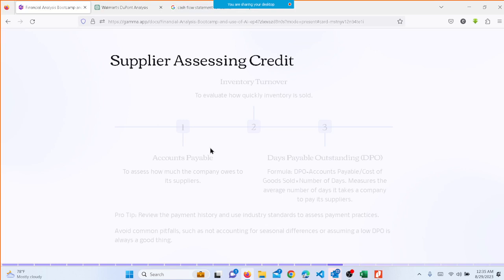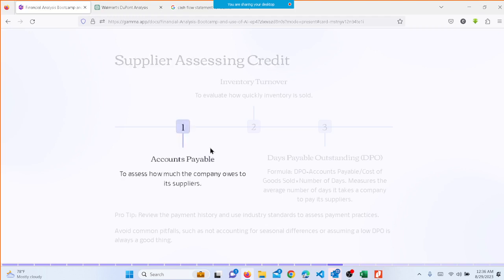Now let's look at suppliers assessing the credit. There are different ways of looking at it. The information that we want is, for example, how much the company already owes to its own suppliers. If a supplier is assessing the company on whether they can extend more credit or not, they want to know how much credit has already accumulated. One way of looking at it, yes, is the current ratio. But the current ratio is a very broad ratio because it includes short-term accruals, positions, everything, and it includes the payables and receivables